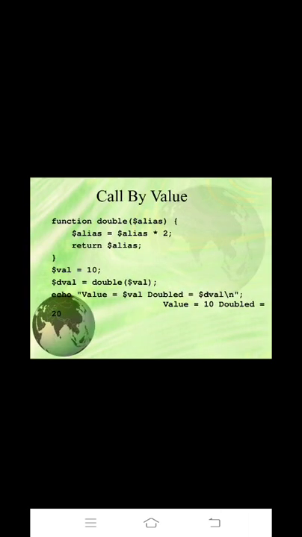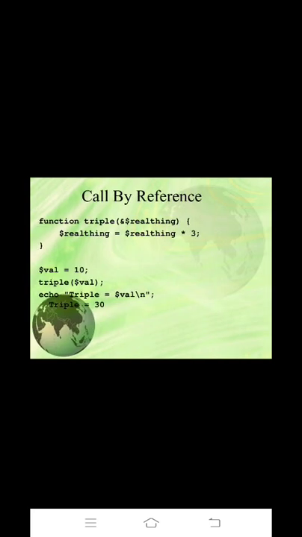Write the output of this program: My name is Kaijim References. My sister's name is Ege References. My brother's name is Starla References. That is the program output. Next, this program's output is already in the program: value is equal 10, doubled is equal 20. Take this one. This program also has its output in the program itself.